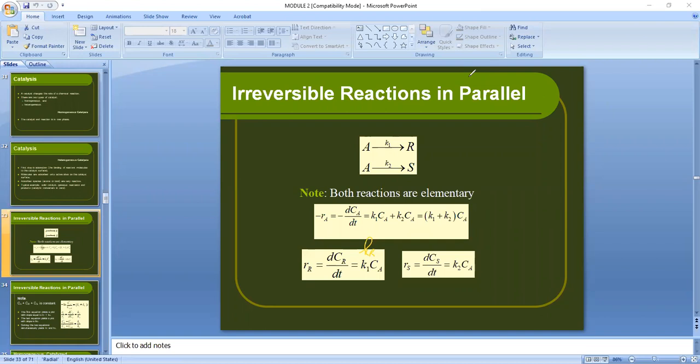Let me just change my font so you'll be able to see properly. Make it red. So this K sub 1 is actually K sub R, C sub A. Okay? The rate of formation of product R is equal to K sub R C sub A. The rate of formation of product S in your second reaction is K sub S C sub A. That way, now we represent specifically the rate constant in terms of the species in which we base our reaction